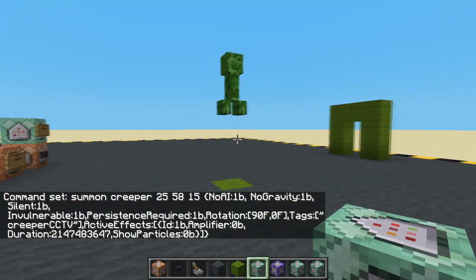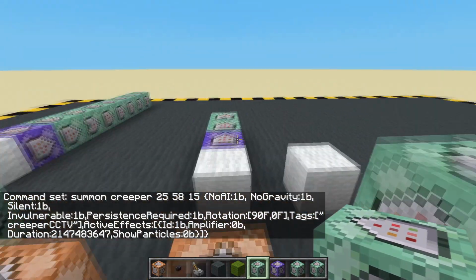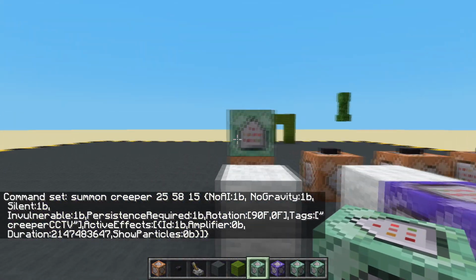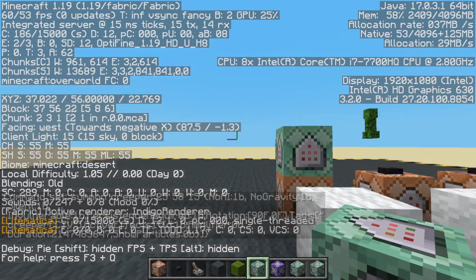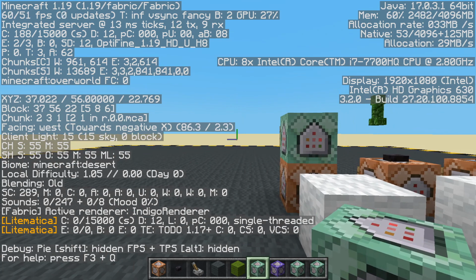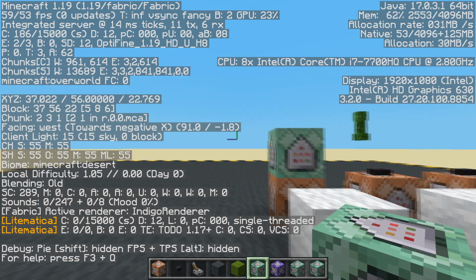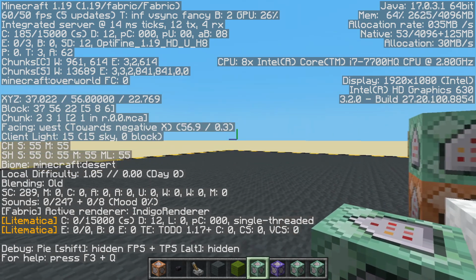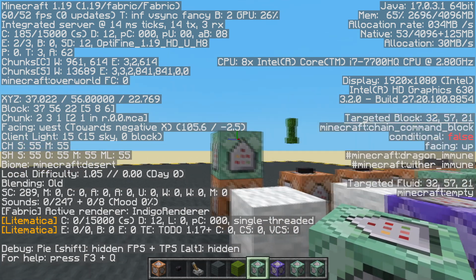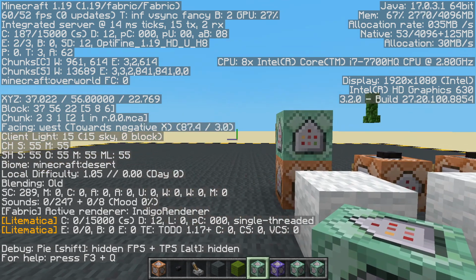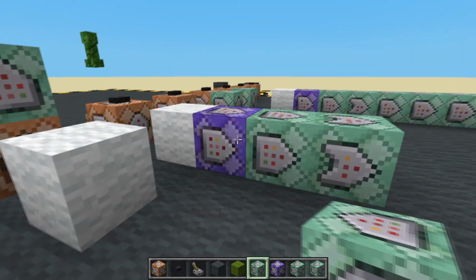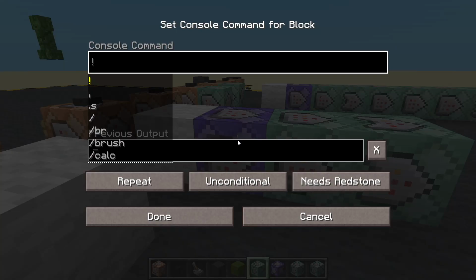Right, now he's not invisible. We can see what he's doing. Let's rotate him. Which way is he looking? F3. We are looking west, -x, so 90. So we want to change a bit, maybe down to about 65 and then up to about 115. That sounds about good. Okay, so let's put in here,